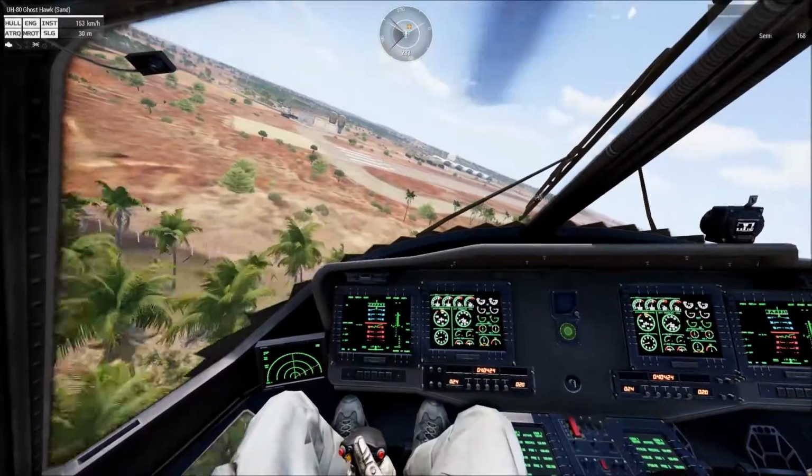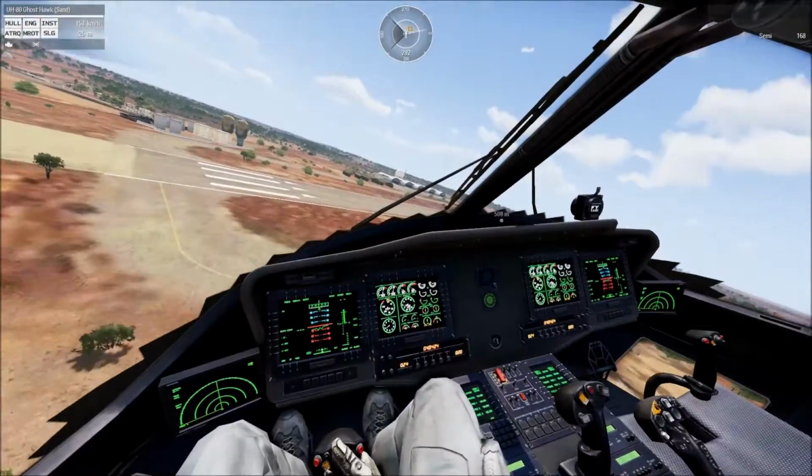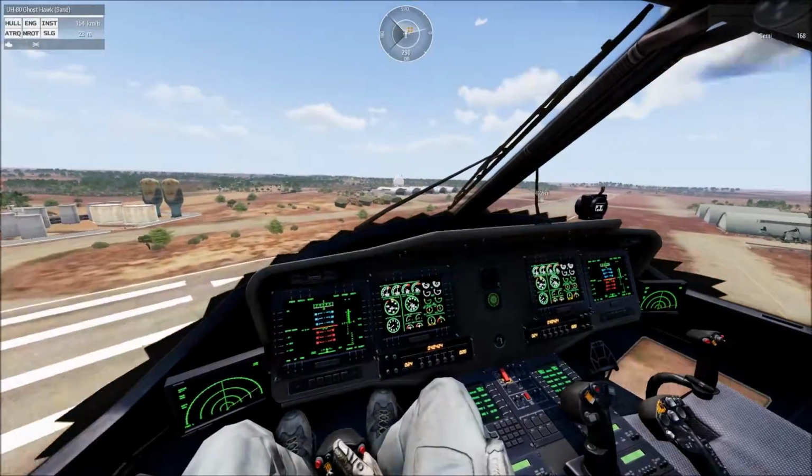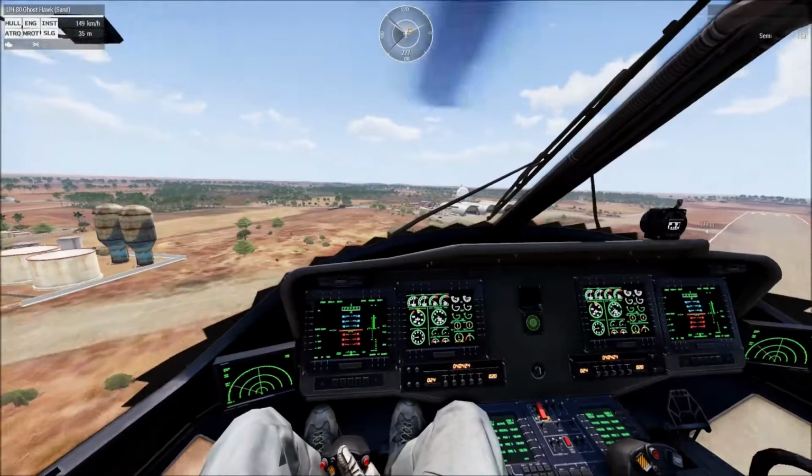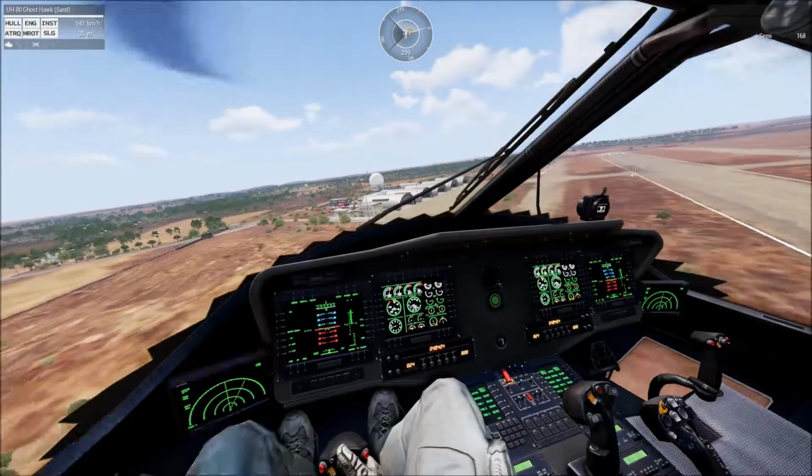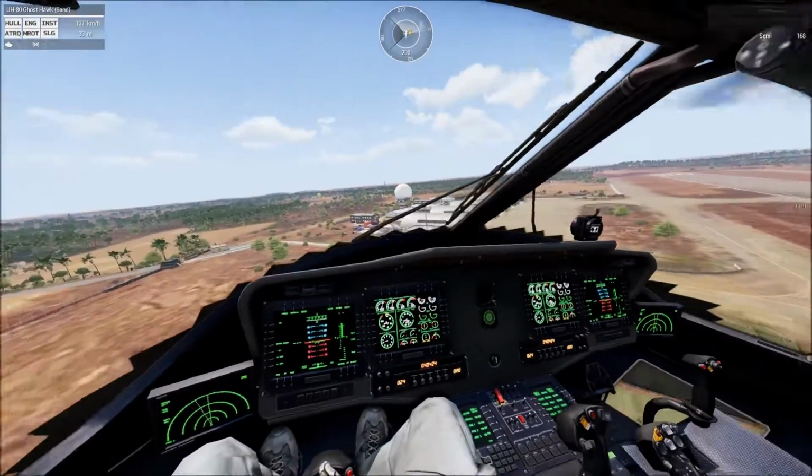That's my TrackIR just having a bit of a moment to itself there. There we go. Let's get the TrackIR working again. Give it a bit of a wobble. So as we can see, we've got